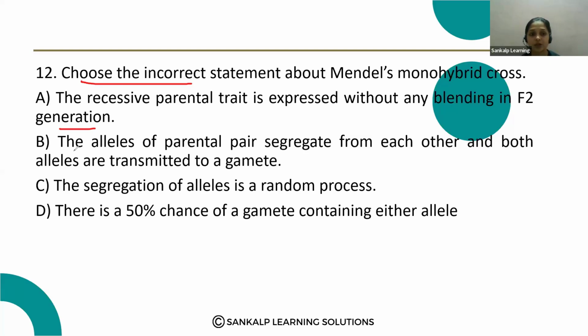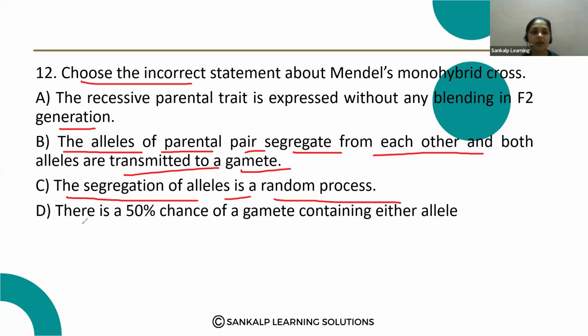In the F2 generation, the alleles of the parental pair segregate from each other and both alleles are transmitted to a gamete. The segregation of alleles is a random process. There is a 50% chance of a gamete containing either allele. What is the incorrect statement about Mendel's